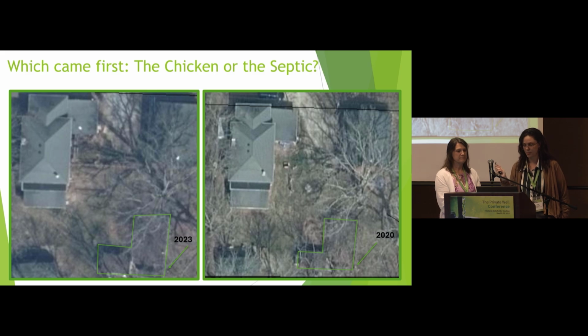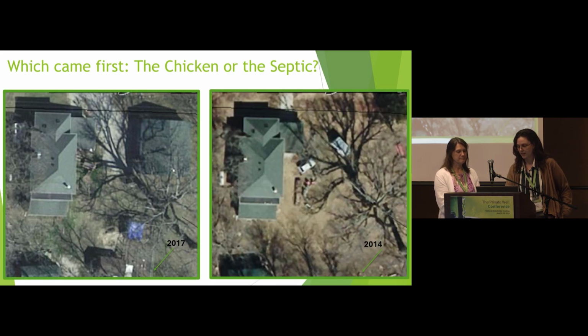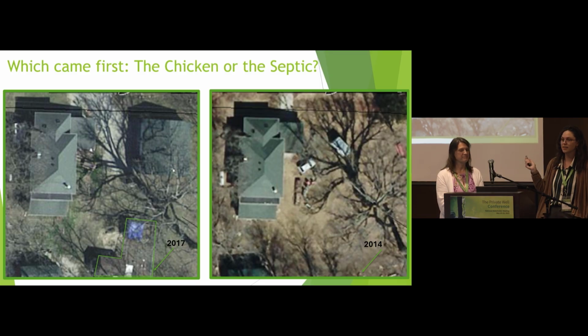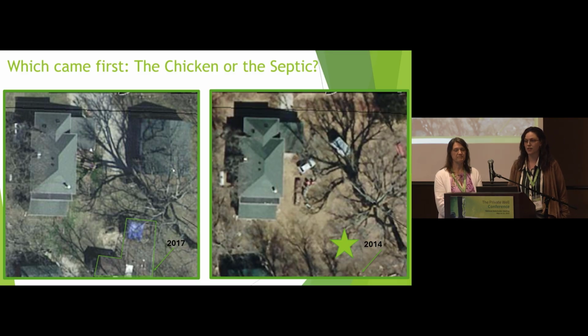So we decided to go back a little bit further, and we got to 2017. You can clearly see the run is there. It's actually a better historical imagery than 2020, but the chlorinator's there, the run is there, and then we get to 2014. The chlorinator and the cleanout port are both there. However, there's no chicken coop, so we can safely determine that the septic actually came first in